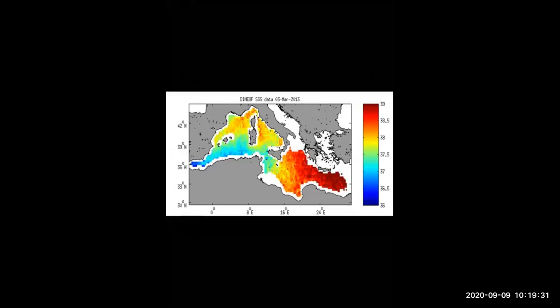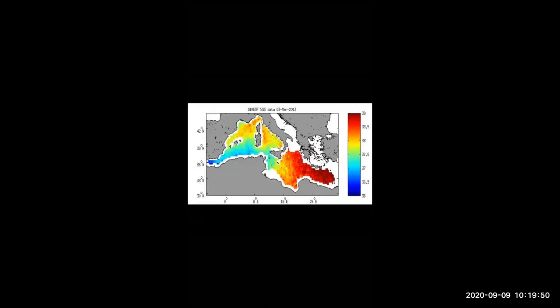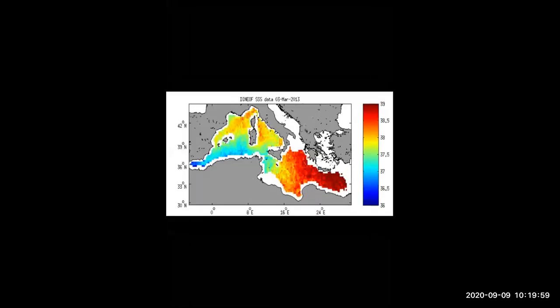But the supply of fresh water is low. The supply of fresh water is low, the salinity is more, and the third thing, the temperature is also more as compared to open sea. And because of this, for example, the salinity of the Mediterranean Sea is 39%. Okay, and I give the example of the Caspian Sea also. The Caspian Sea is also a landlocked sea.